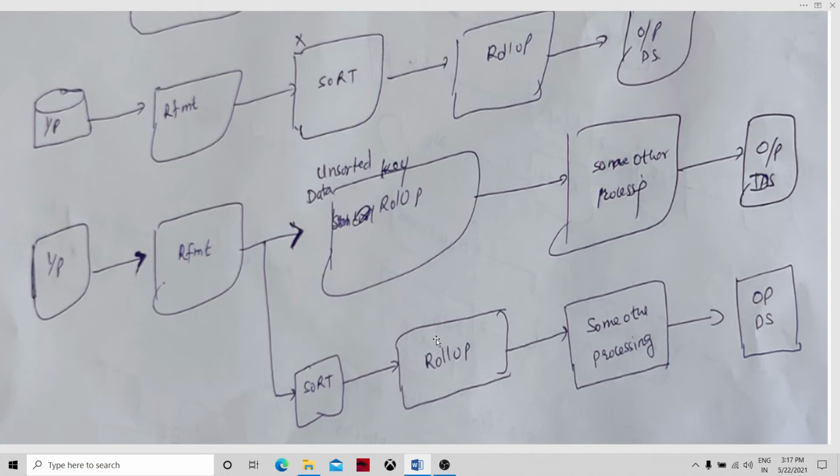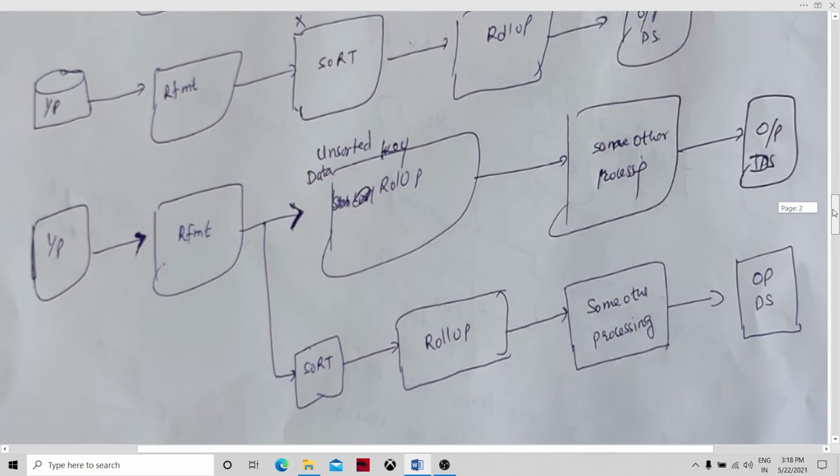It may seem that it is holding up the records, but that's the inherent property of roll up, because until it processes the group record on the basis of key, it cannot release the records. So after sort, there won't be any break of pipeline parallelism in the lower flow, but in the upper flow, because the roll up has to do sorting as well, it will break the pipeline parallelism.